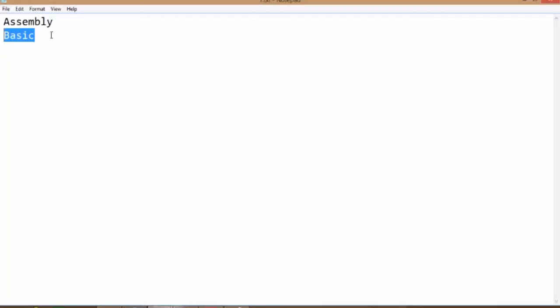The main benefit in that language was that we can create a program not by using complex syntax, but just using basic input output statements. It had less complexity as compared with assembly.